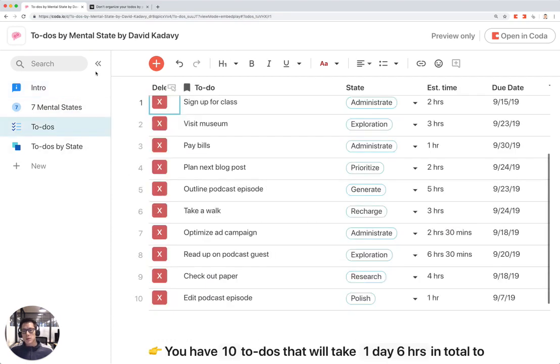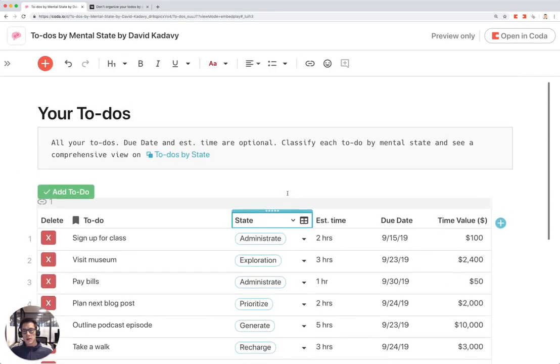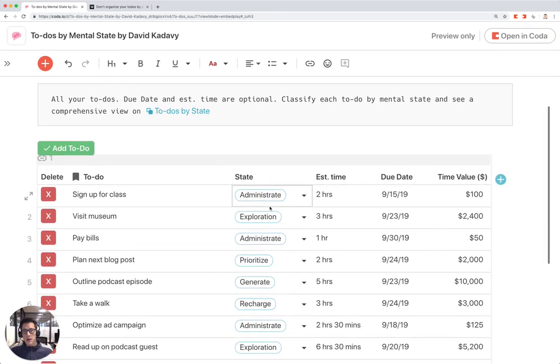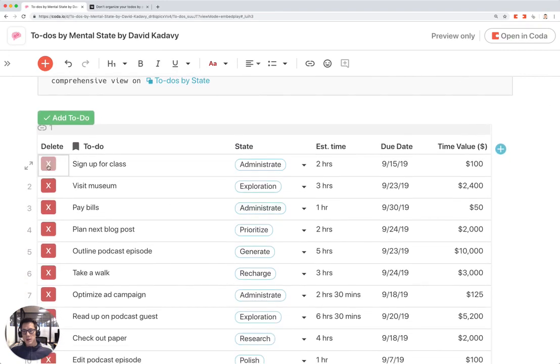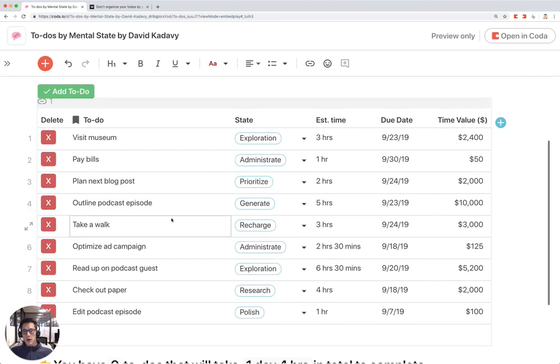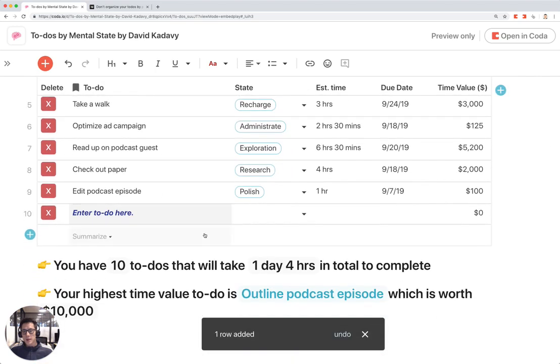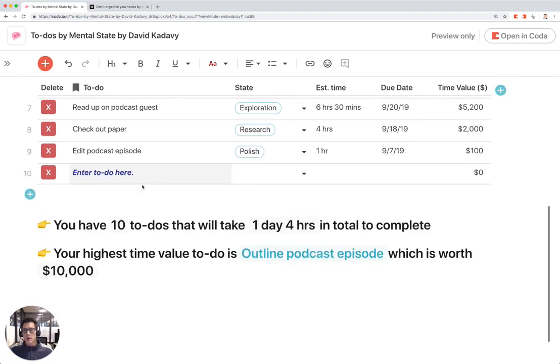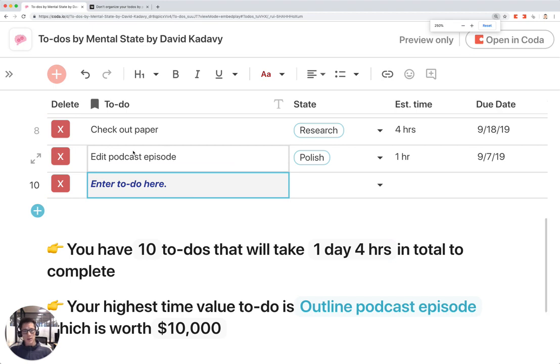So let's go to the to-dos. Here is a fake list of to-dos, and you can notice I can just delete them like this, and I can also add more to-dos by clicking on this button right here. Once I add a to-do, I'm just going to go down here a little more. I'm going to write a to-do. Let's say it's going to be